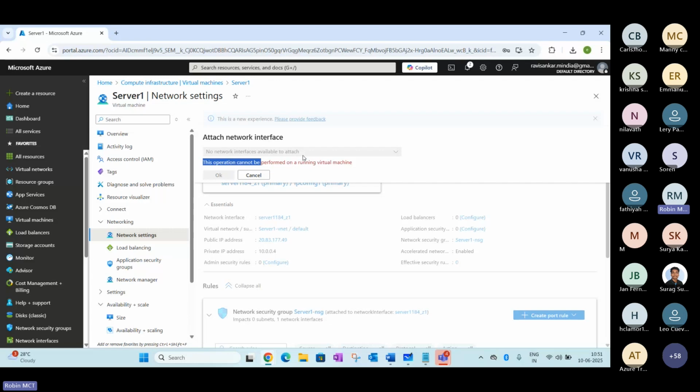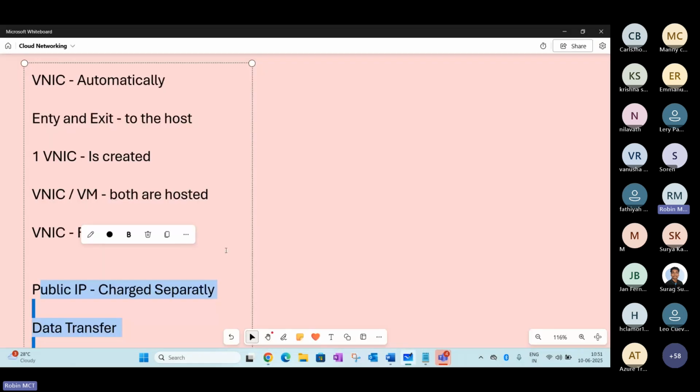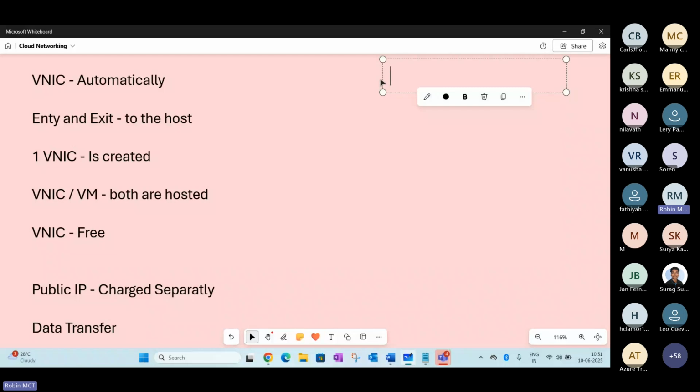That means the business has to approve it. Then only can you go for creation of an additional network interface here. So at any point of time, if anyone is trying to add an additional network interface card, you need to understand that a downtime is needed.